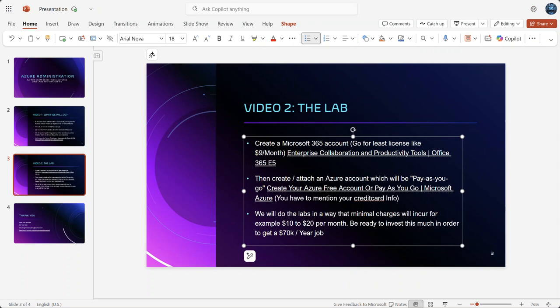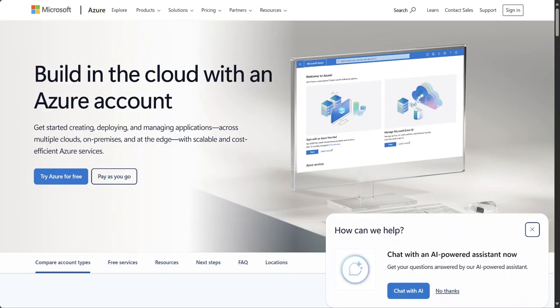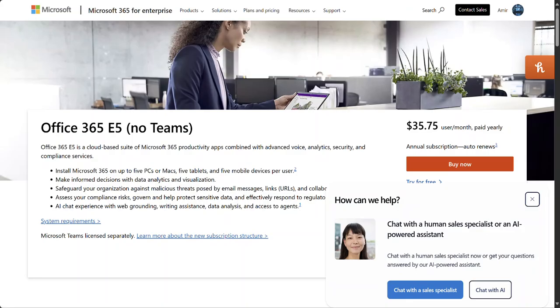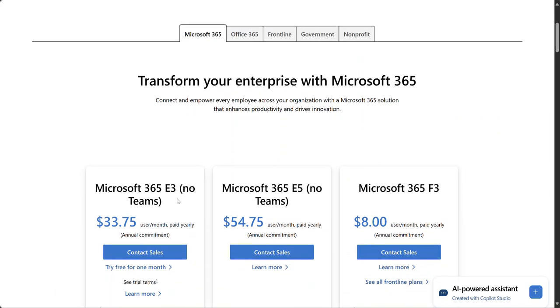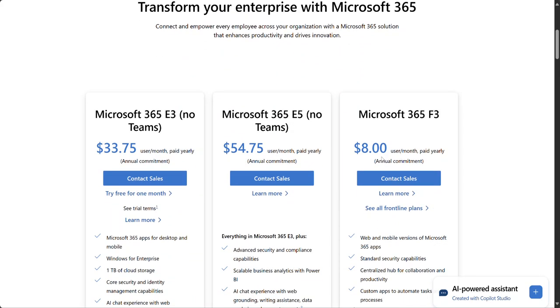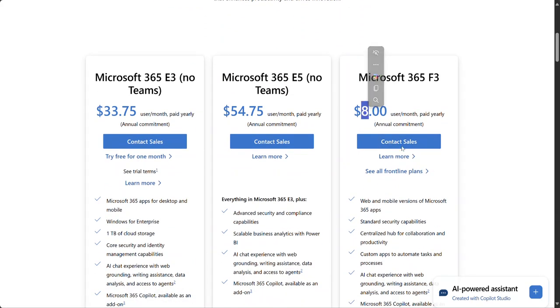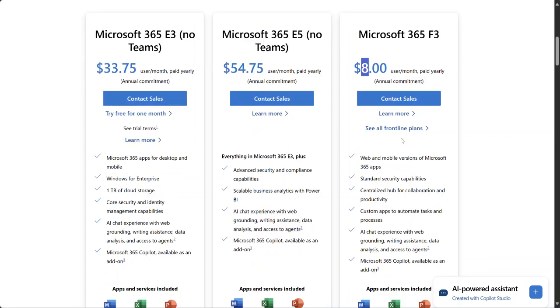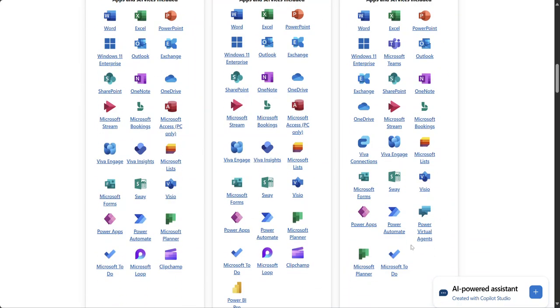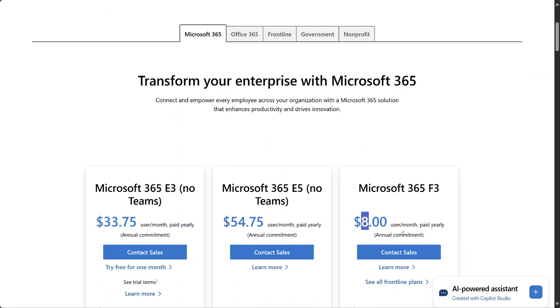Well, if I go to my account, so this is the E5 Azure account, but I went for just the $9 one, personal. So if I go to plans and prices, there's that $8 account, right? With taxes, it goes to $9. So I just went for this F3. Wow, it has lots of applications. I think I didn't go for this one. Okay, anyway, yeah, so you can just go for